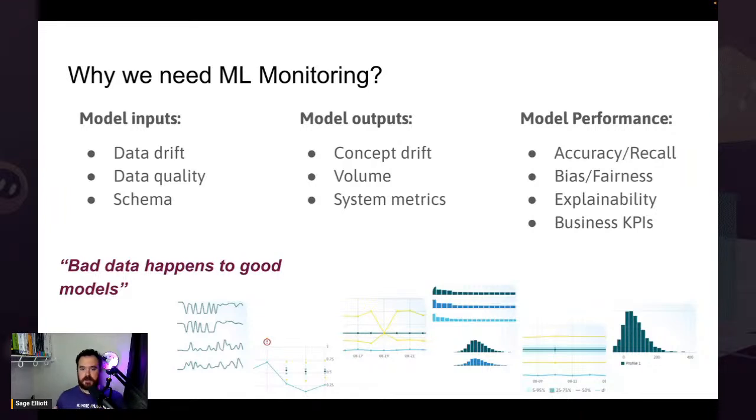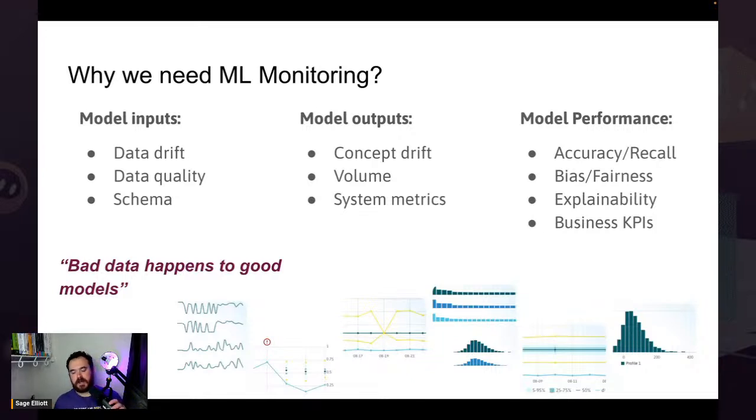Data quality, again, we'll go deeper into some of these, but data quality could be self-explanatory. That could be where the data is no longer the quality you expect it to be, like maybe you should never have a negative value in your data set or a 0, and somebody entered it wrong somewhere. A schema could change anywhere in your pipeline, and that could cause some sort of issue. You have concept drift. Again, we'll go deeper into this, but that's where the model grew a little stale and maybe is no longer mapping to the correct predictions.